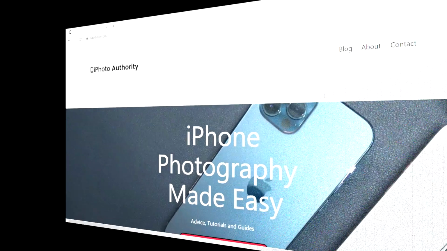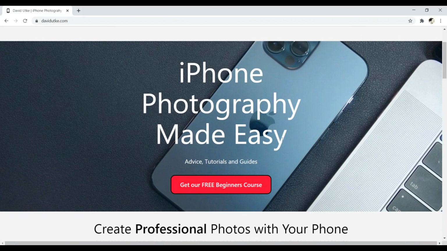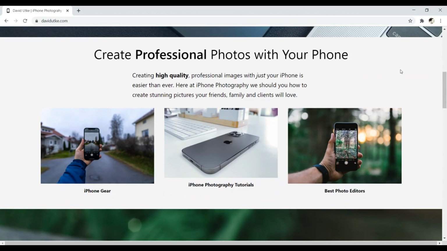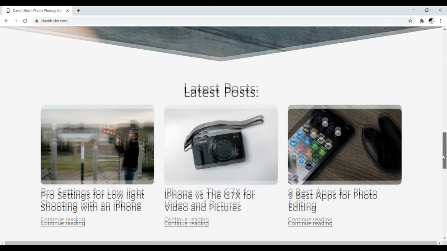So let's begin. Welcome to my laptop. So this is the website I'm going to show you how to design. And this is completely using just Gutenberg and the 2021 theme. It's pretty impressive. So I'm going to show you how to set up a logo, menu bar, how to set up this nice call to action, and then how to add different elements to your website, like a visual menu for specific pages on your website, maybe another section for a call to action,